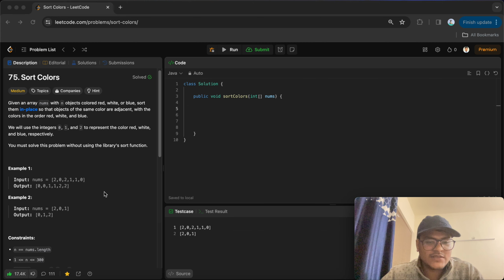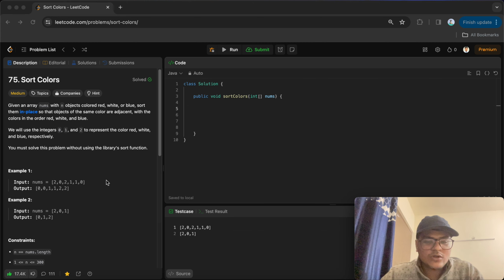So basically we will try to solve this using constant extra space, without using any extra space, and we will try to utilize this array itself. Basically we will write the solution in an in-place manner. One solution that is possible, if I talk about the brute force solution,